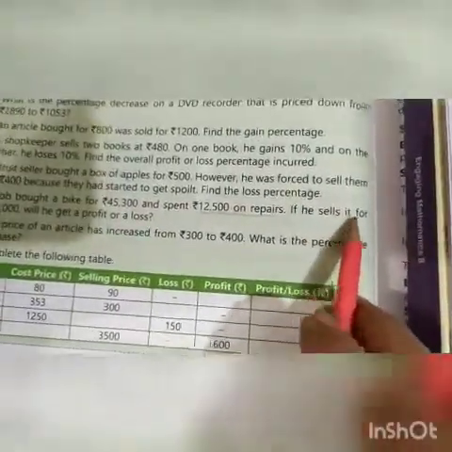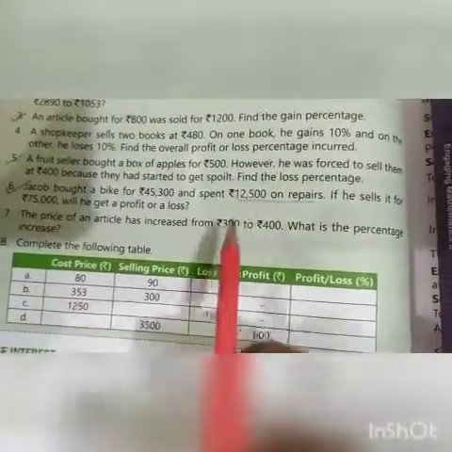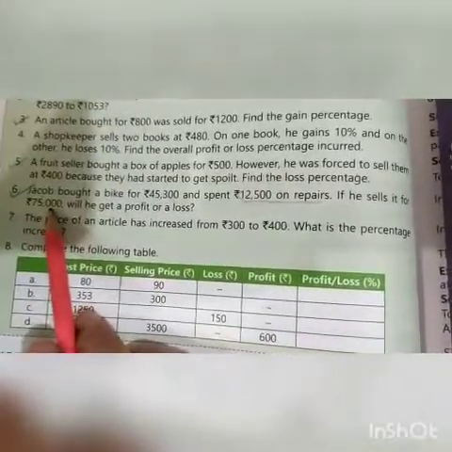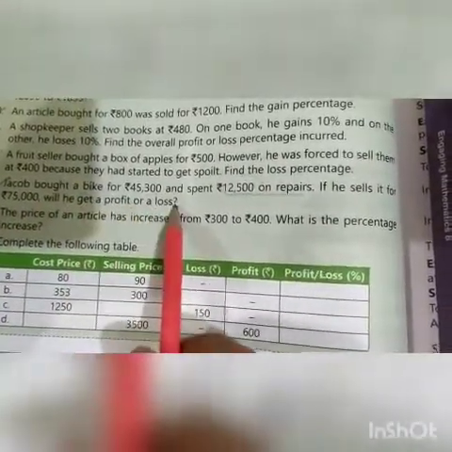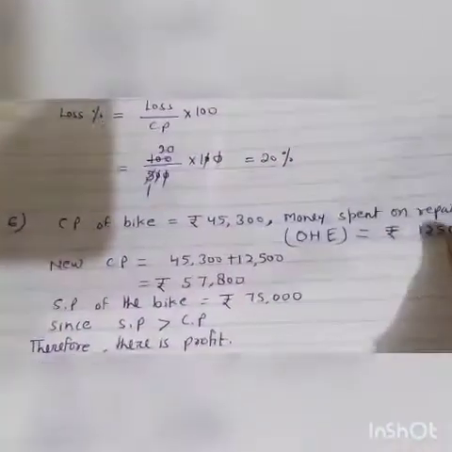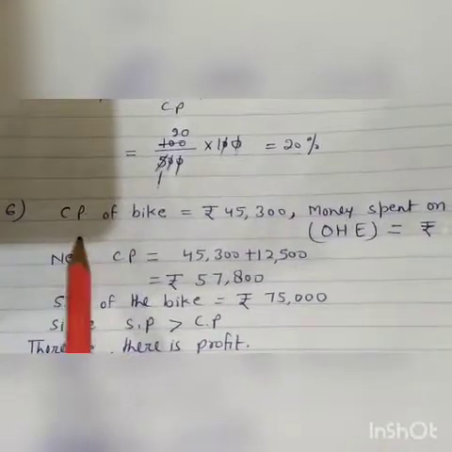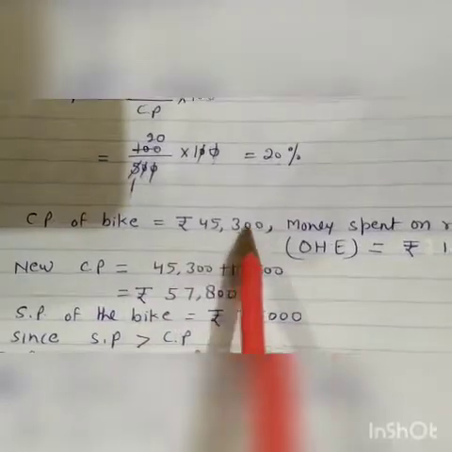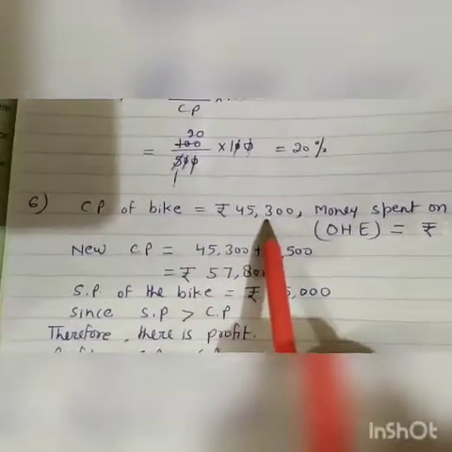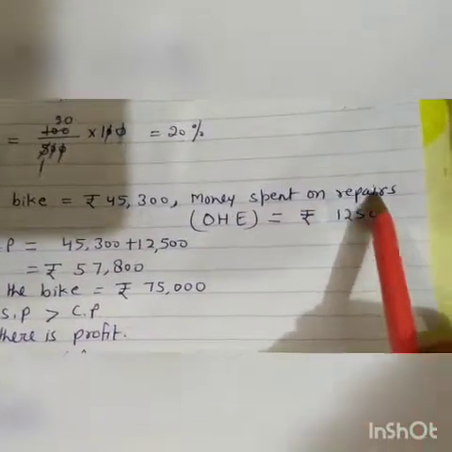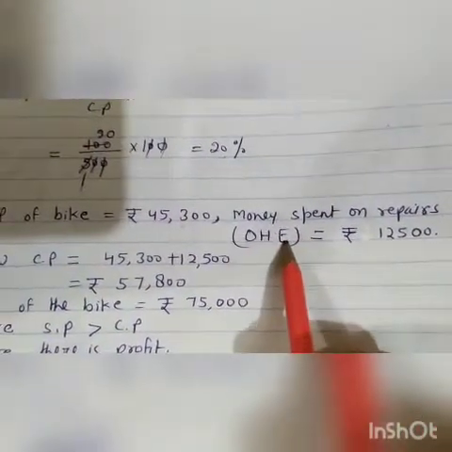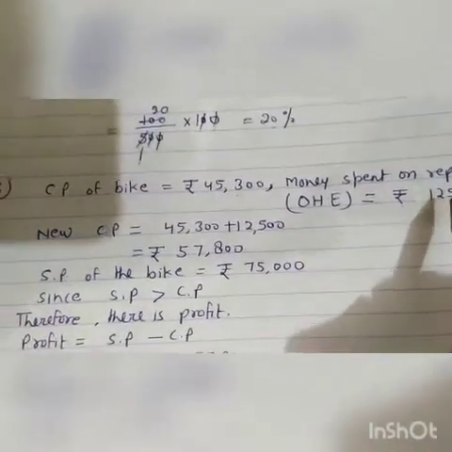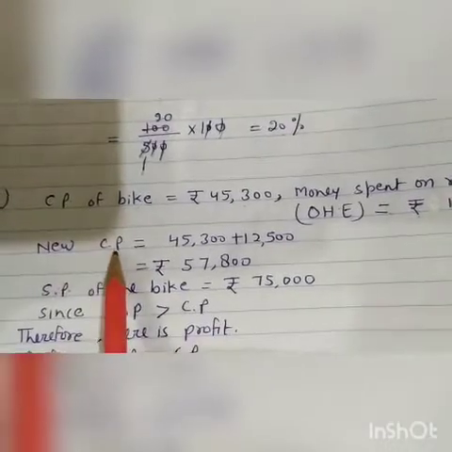If he sells it for rupees 75,000 after repairing the bike, he sold the bike for rupees 75,000. Will he get a profit or loss? See here. What was the cost price of the bike? For how much did he buy the bike? 45,300. Cost price of the bike is 45,300 rupees and money spent on repair, that is overhead expenses, is equal to rupees 12,500. So total money, how much money did he spend for the bike? New cost price is equal to